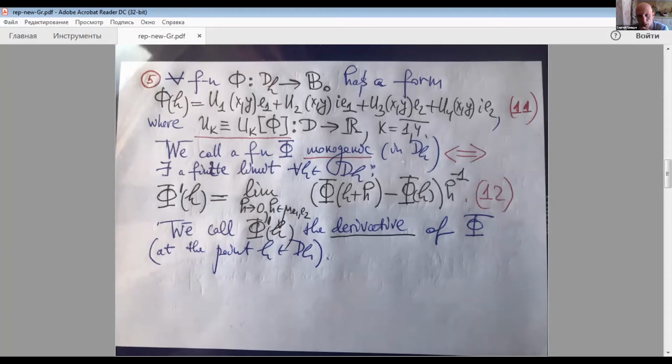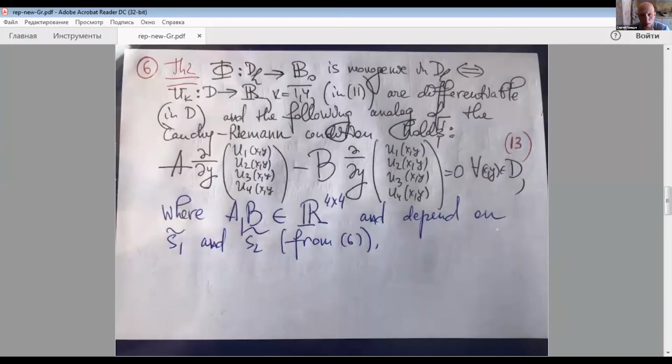But when we consider this particular case, it helps us to find more applications to partial differential equations, because we restrict our attention to some particular case and do not consider totally the functions differentiable by Gateau. So we can see that it helps us. Now we can also prove